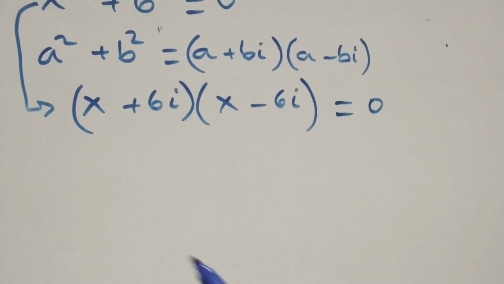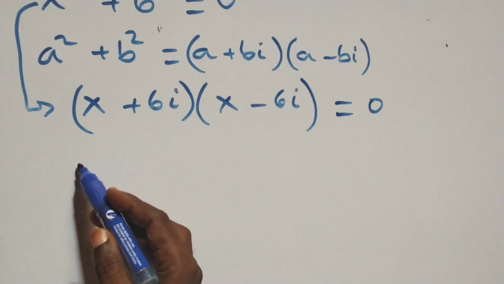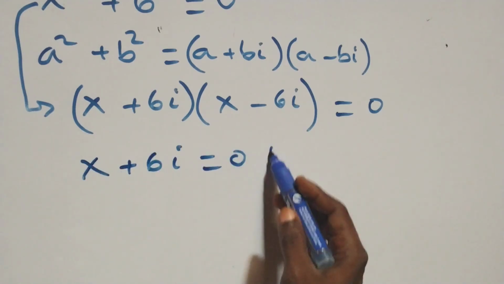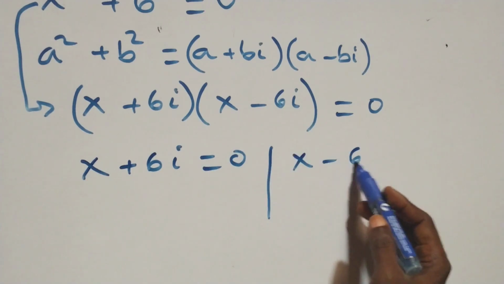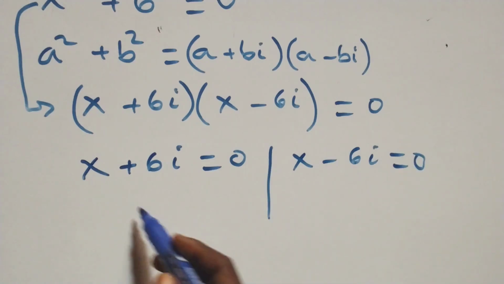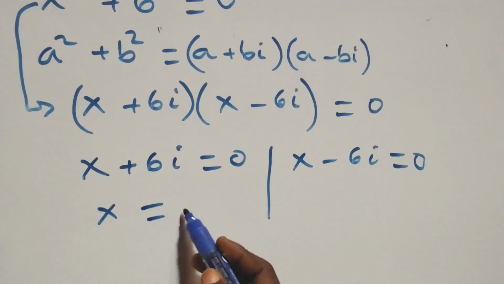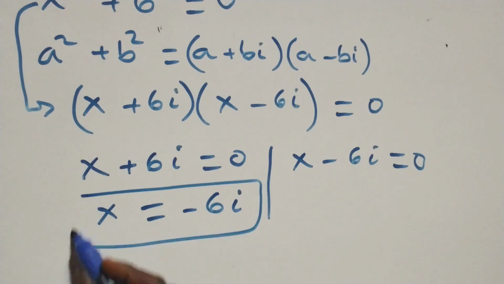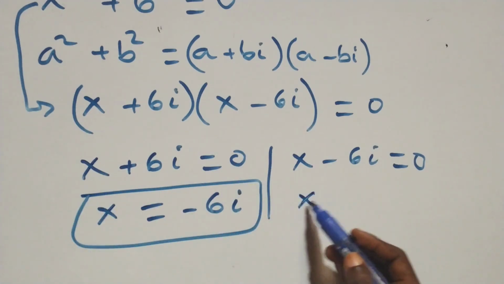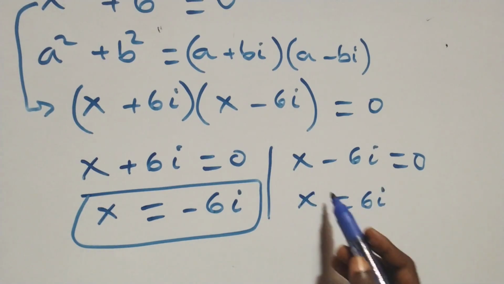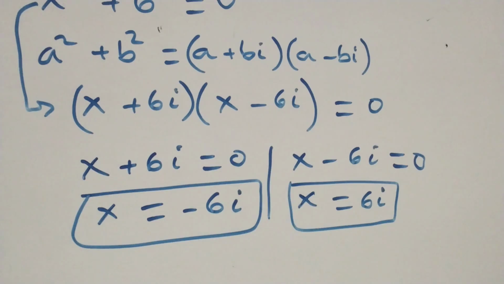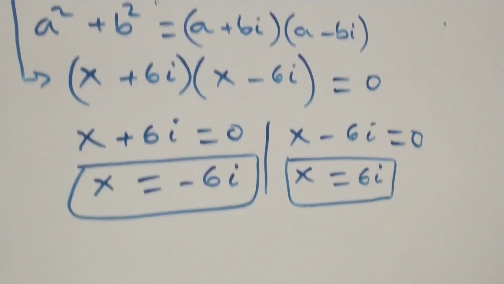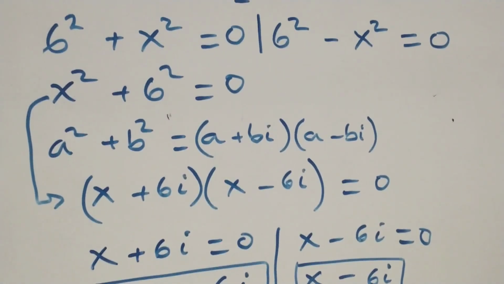That is, here we have two possible cases. The first one, x plus 6i equals to 0, or we have x minus 6i equals to 0 here. And here, this becomes x equals to minus 6i, which is a complex solution here. Then here we have x equals to 6i, which is also a complex solution here, making two complex solutions from here. Then solving from the second case here as well, that is 6 squared